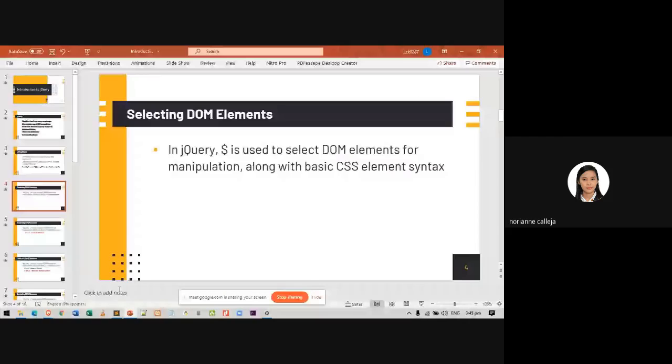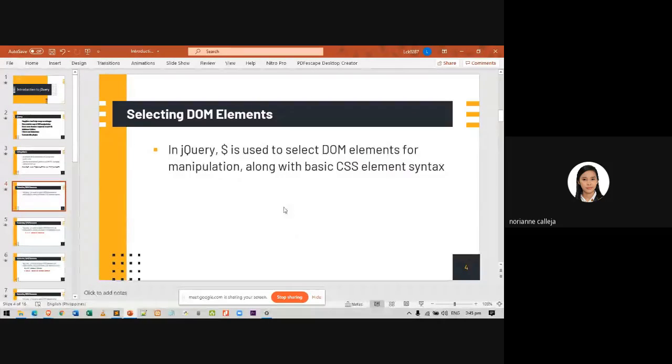So, I will be providing you different ways on how we can select elements from our HTML or from our document object model.